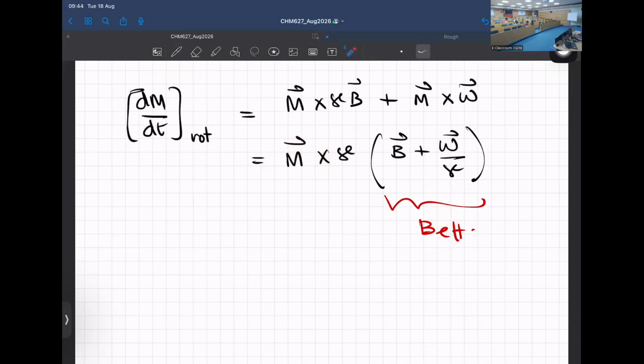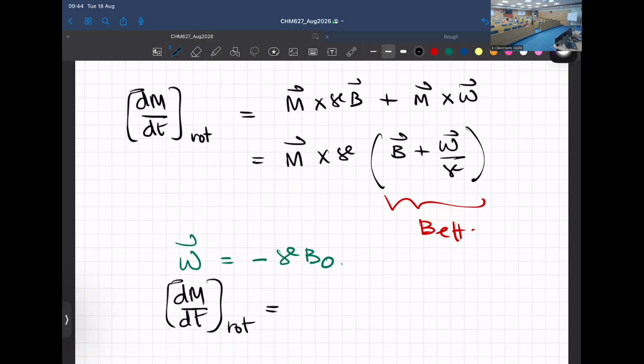Make sense? Here is where we define the Larmor precession frequency. Although I said omega is gamma B naught, now you will see that when you set omega to minus gamma B naught, then dM over dt in the rotating frame is 0. What do we mean by this? When you set the angular frequency to the Larmor precession frequency,